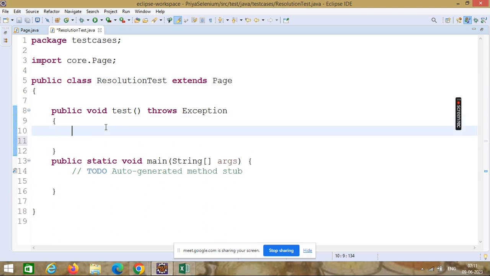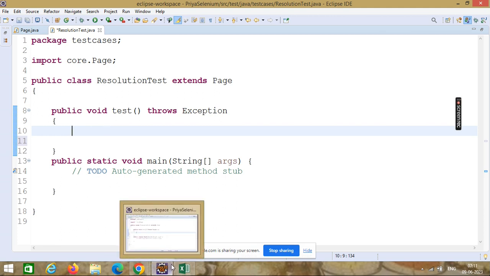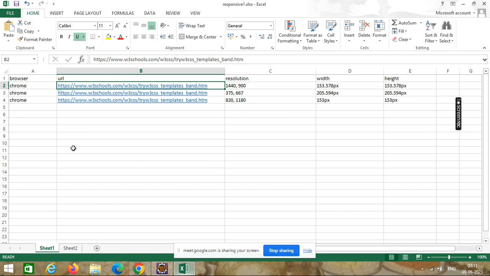Now in this test method, what will be the first thing you have to do? If you are doing the manual testing manually, you have to open the Excel sheet first and read the data from the Excel sheet, because you do not know which browser to open, which URL to open.